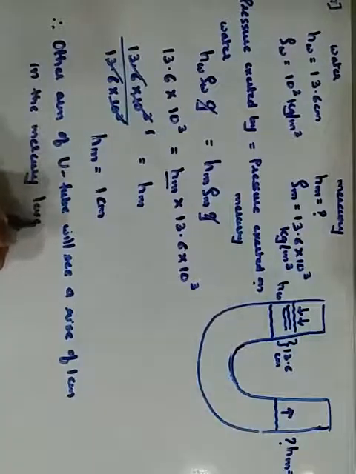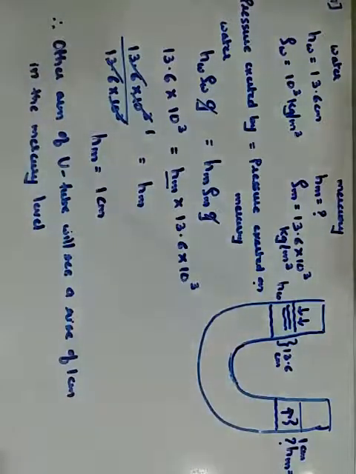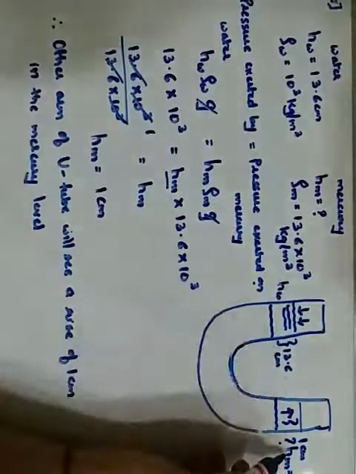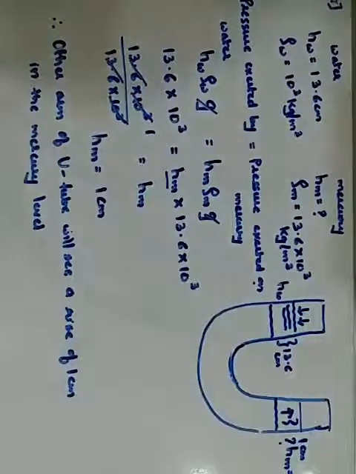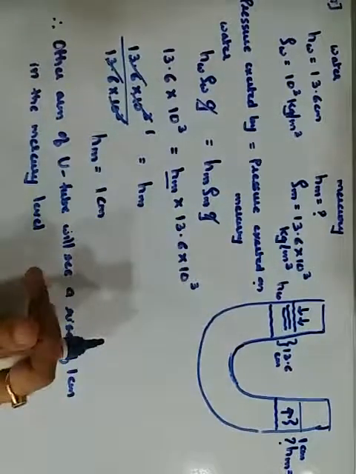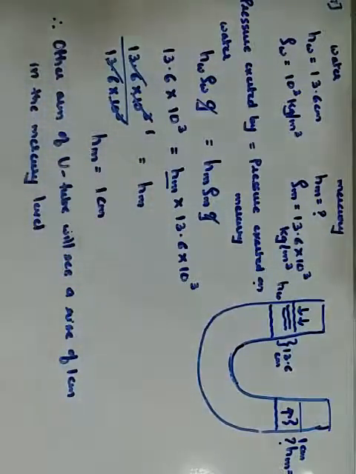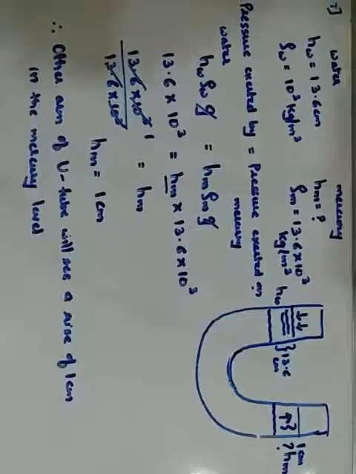Mercury level. So the increase in the level of mercury will be 1 centimeter. Okay, here it was 13.6, but the rise in mercury level is 1 centimeter. Okay, very simplified version. Just go through it properly. Are you able to have it properly? 7th one.